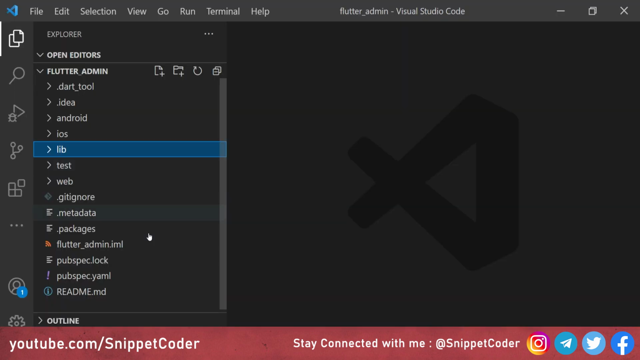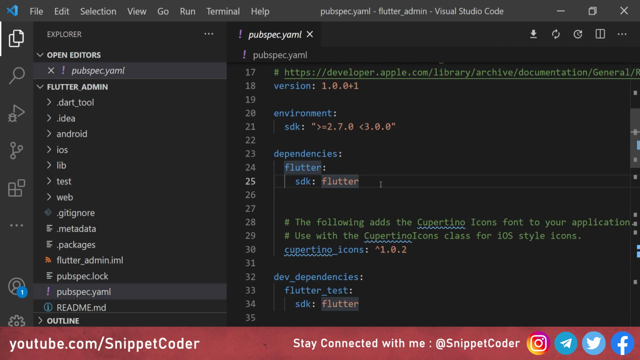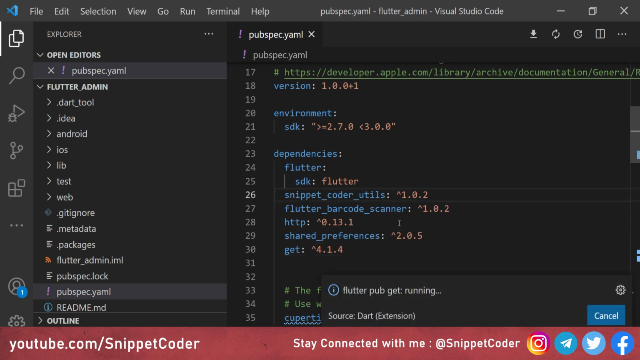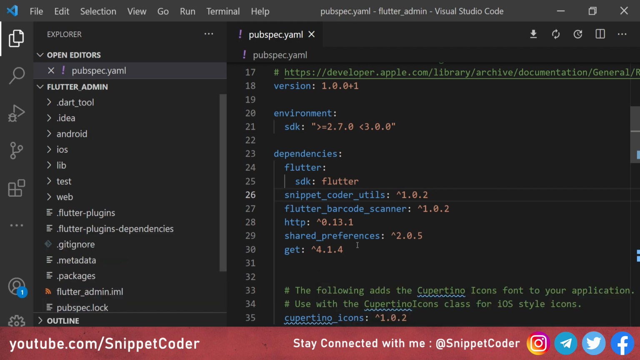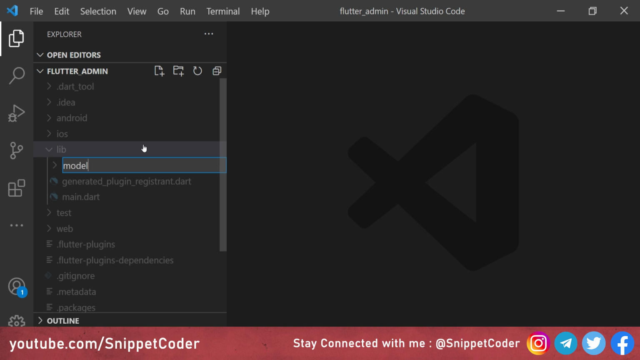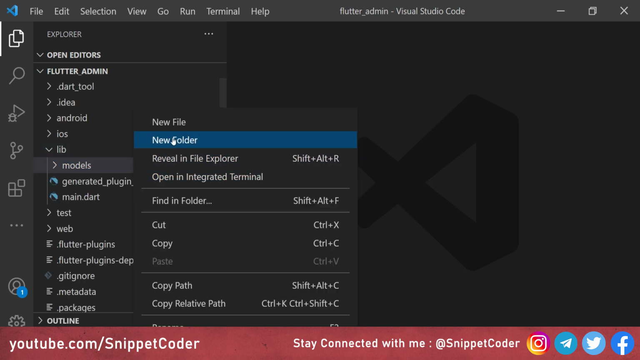So first of all, we will add all the packages, and from here we are adding all the packages. First one is the Snippet Coder utils, and the second one is the Flutter barcode scanner, and the third one is HTTP, and the fourth one is shared preferences, and the fifth one is the get package. So now we will create one model file here, and we will create one folder first, models. Inside that we will create one file here, that is